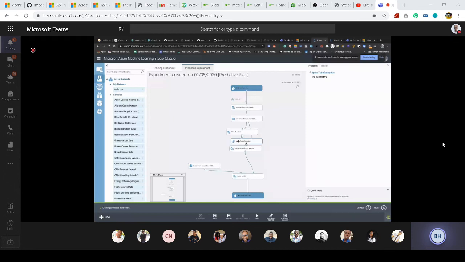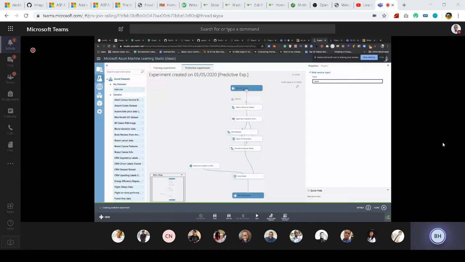So this input is more like saying these are the expected parameters. Anytime I want to predict with a model, I need some features. For example, if I want to predict whether this person is eligible for a loan, what are the features I'm trying to use to weigh whether this person is eligible or not? That's what the web service input is, and the output is just what you're expecting, probably 1